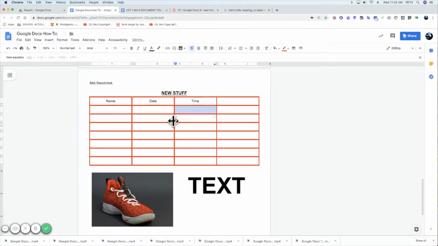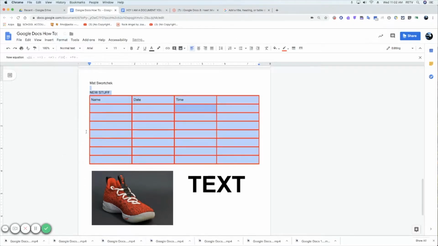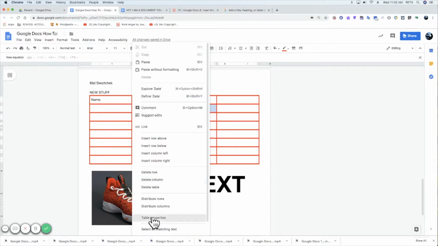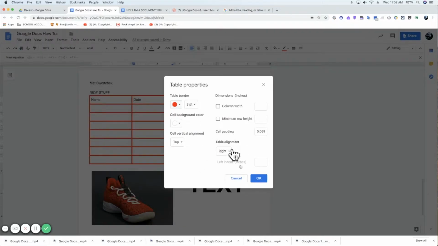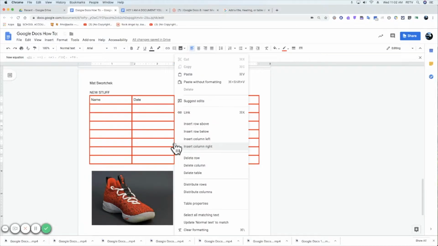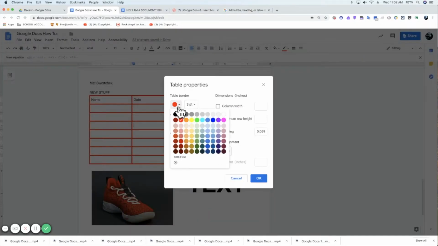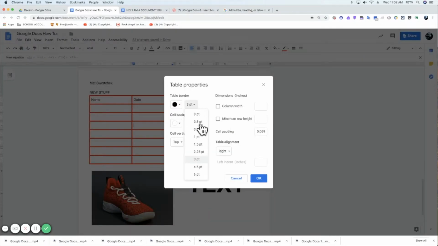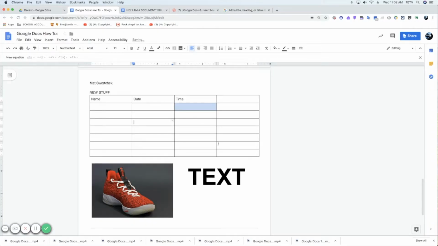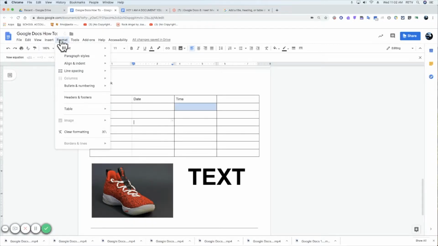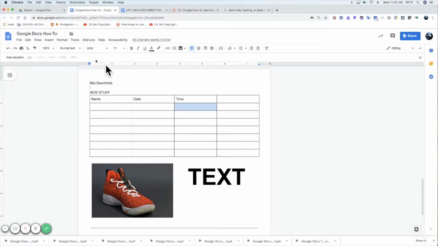Now, if you want to clear formatting, that takes care of the formatting, but it doesn't take care of the table properties. The table properties have to be reset manually, because the table is a little bit different. So formatting is not properties. So if you want it back to black with more of a traditional half point font, that's how you could do that. And like I said, most of these formats